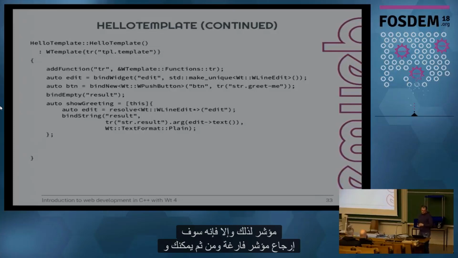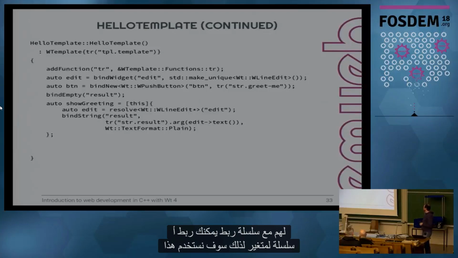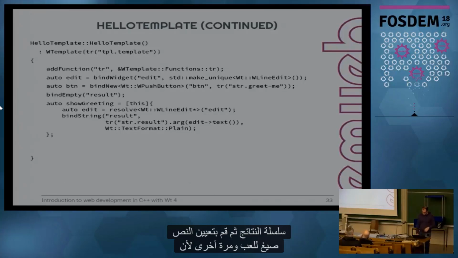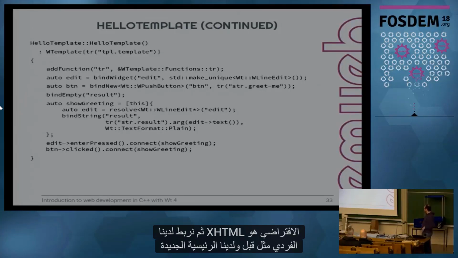Otherwise, it will just return a null pointer. And then with bindString, you can bind a string to a variable. So we'll use this results string and then set the text format to plain again, because the default is XHTML. And then we connect our signals like before.